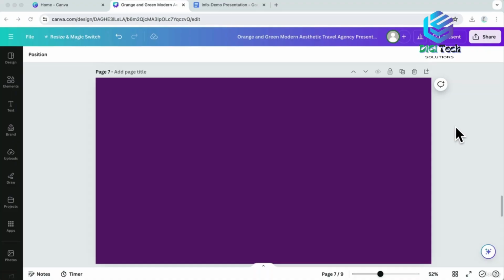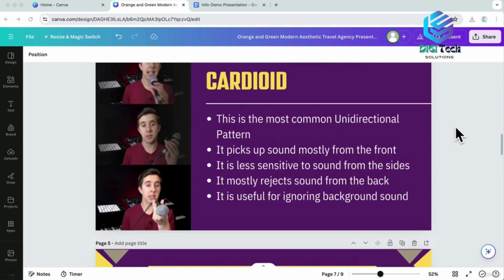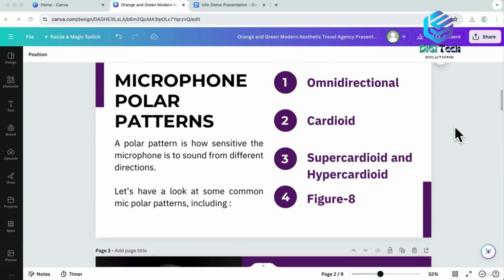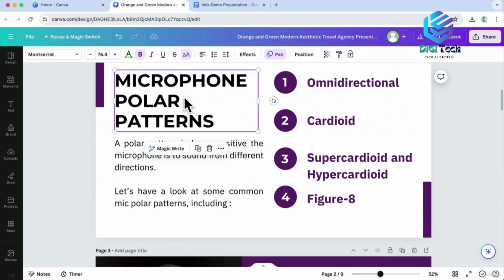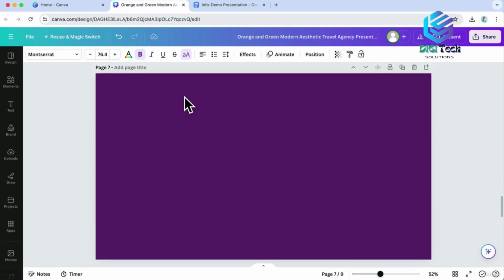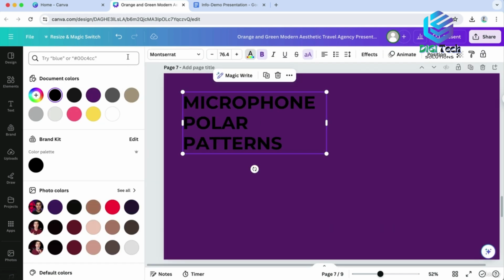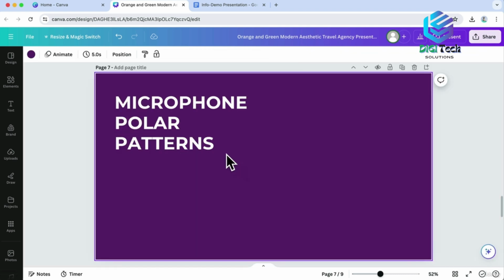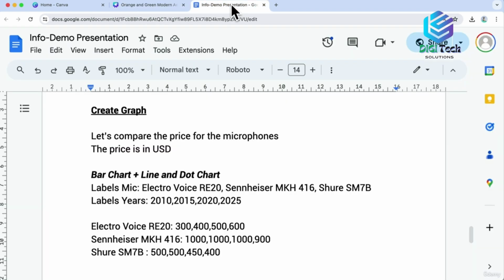So here we have a blank slide. And let's now copy and paste this text box over to our blank slide. I'm just going to change the color to white so we can see this clearer on this purple background. Let's change the text